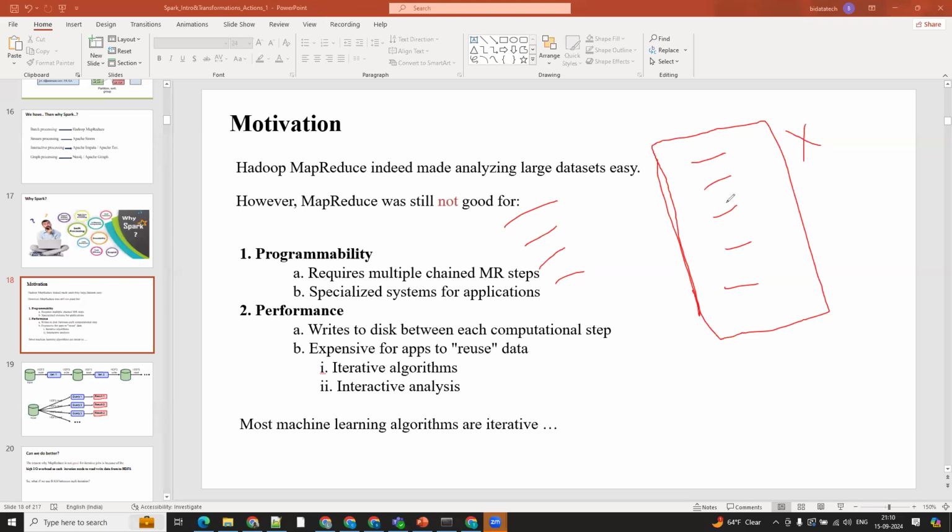So we have to establish the cluster, right? See, even though the Hadoop community was giving the software for free, it's very difficult for an administrator to manage that cluster. Okay, and that too, Hadoop is not good for iterative algorithms and interactive analysis. That means